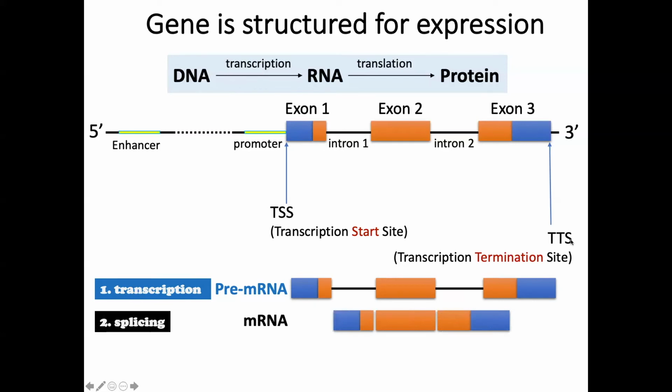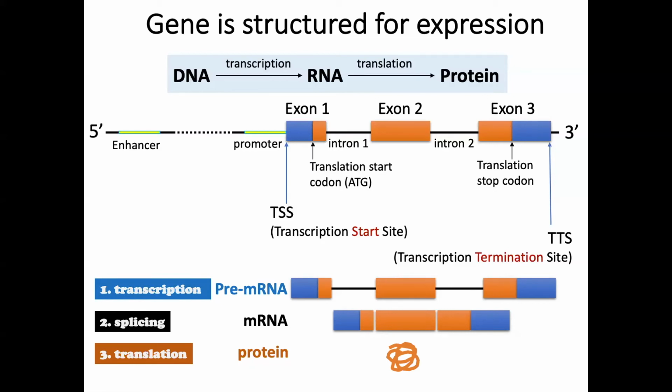Then the splicing event removes the intron in pre-mRNA, right? And when mature mRNA is transferred from nucleus to cytoplasm, translation occurs and makes protein. You may notice that I color exon 1 and exon 3 as different colors. This is because during translation, if you remember, the translation starts at a codon with ATG and stops at